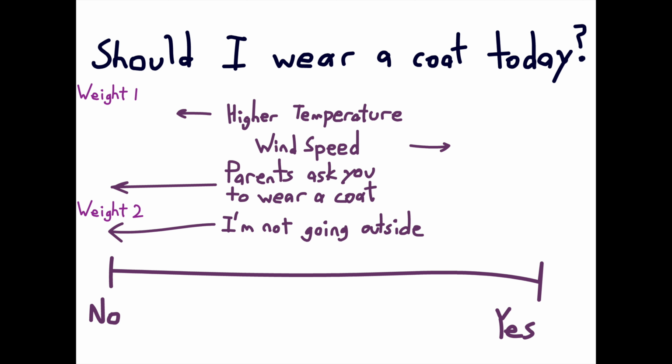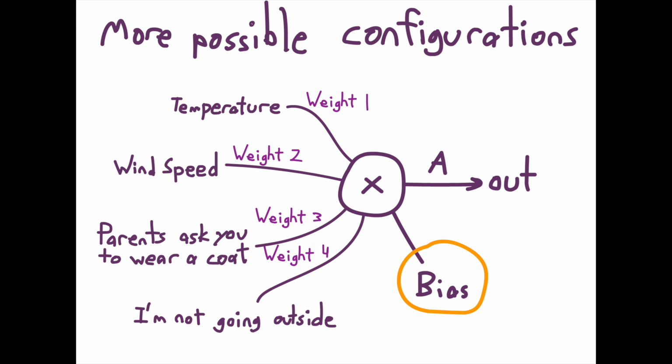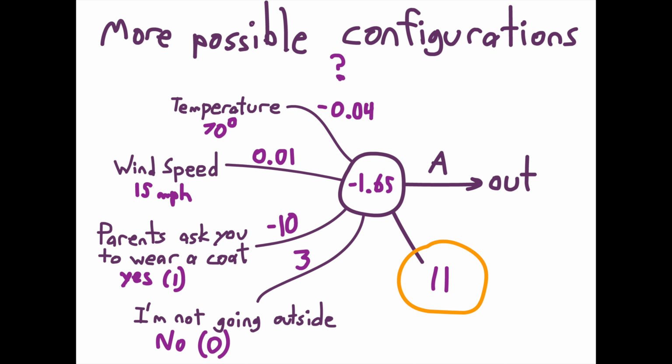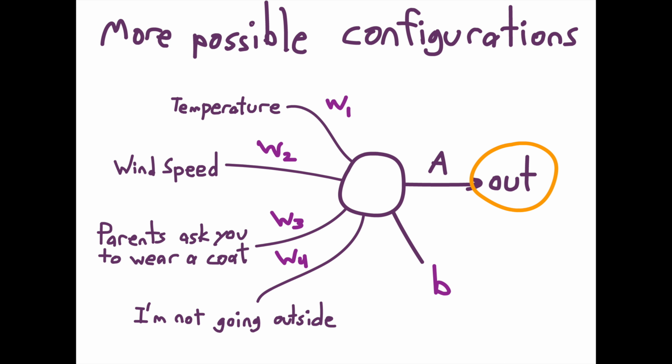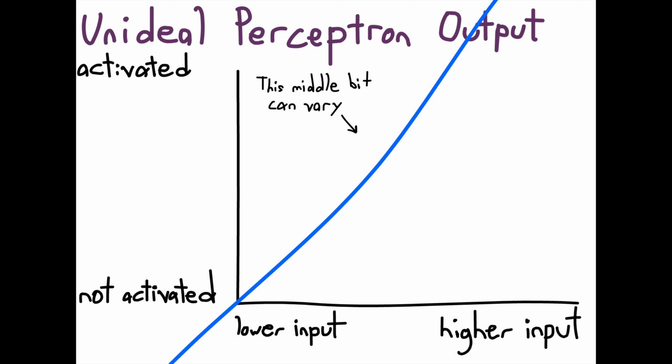We can arrange this decision weight system into what's called a perceptron, which is modeled after a neuron. You've got a series of inputs, weights that say how much inputs affect the value, a bias for more decision options, maybe you'll always want to wear a coat unless there are other factors, and finally an output. This output is put through a function called the activation function, so that the perceptron has a level of activation and doesn't reach unreasonable values.